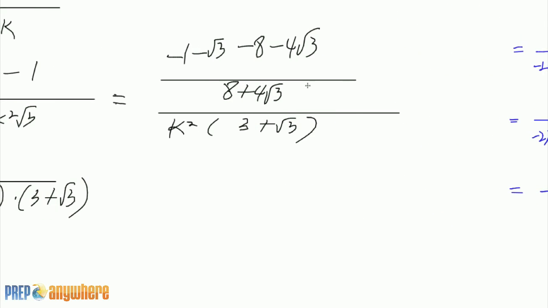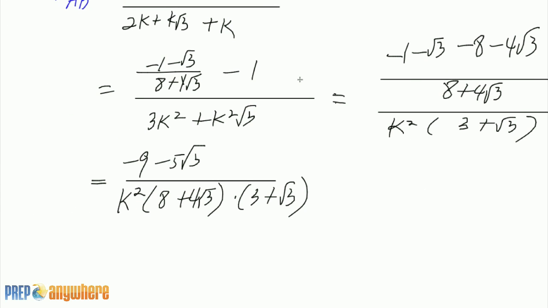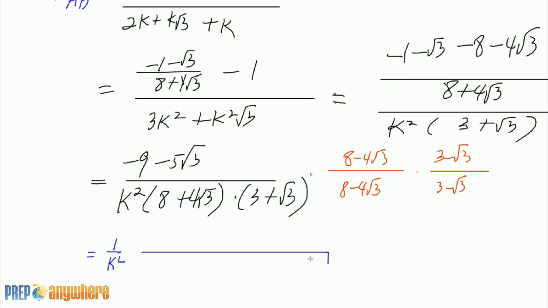So the other one, right? Where's the other one? Right here? We actually need to multiply top and bottom by the conjugate pair, because would it give the same answer? So we need to do this first of all. 8 minus 4 root 3, 8 minus 4 root 3, top and bottom, and 3 minus root 3, and 3 minus root 3. If you multiply these two, you get